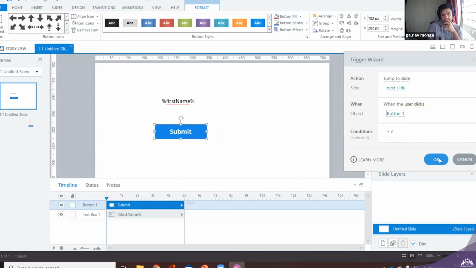Okay, before clicking OK, I just want to understand what exactly we have done on the screen. So we have to duplicate, create the next slide and display some content. No, first of all, I want to understand this slide because I am not getting it at all. What exactly do you want to do? We want the learner to enter his name. So we need to write some instructions before. So write your first name. So the learner will write his first name and then click on the submit button.